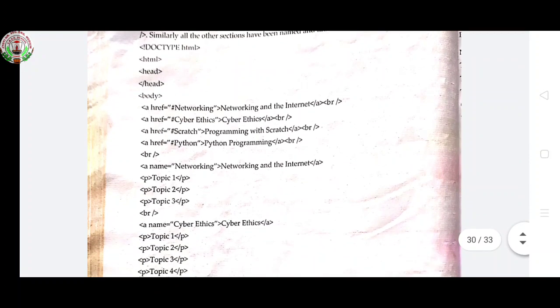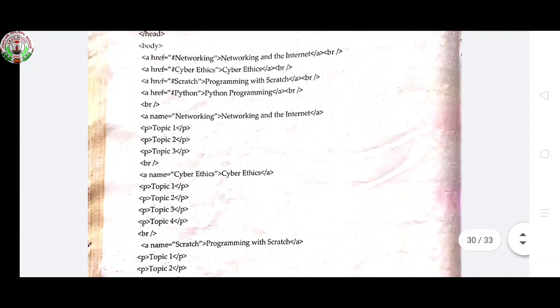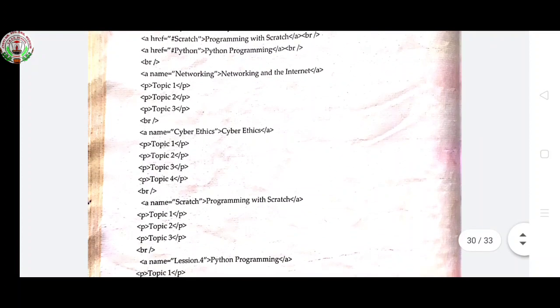Now see the example. HTML head, close head, start body tag, opening tag a href, hypertext reference, inverted commas hash networking, then networking and the internet. Close a tag, then br tag, then the same thing again: CyberEthics, Scratch, Python. Now close br, then opening tag a, name equals to networking and the internet. Now p is for paragraph, topic 1, 2, 3, then close p tag, then br, then the same for CyberEthics, topic 1, 2, 3,